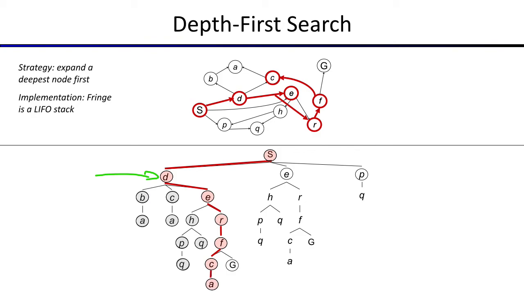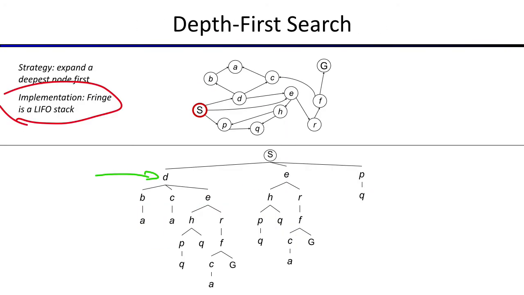So the reason we say that it's a LIFO stack, when you're actually implementing this in code, a fast way to do it is rather than actually check the depth of each node and implement this as a priority queue where you just take out the deepest one, if you say the last thing that I added to the fringe is the first thing that I'll take out, then that will end up giving you this behavior. Because the last thing that you put into the fringe, since you previously expanded what was already the deepest, you added nodes to it that were one step deeper than that. So they must now be the deepest. And yeah, so we end up,